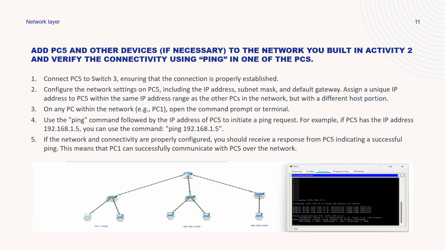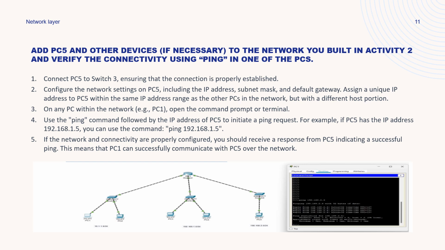Now the other question: add PC5 and other devices if necessary to the network. You can build in activity 2 and verify the connectivity using the ping command on one of the PCs. So the following steps are: connect the PC5 to switch 3, ensuring that the connection is properly established. Configure the